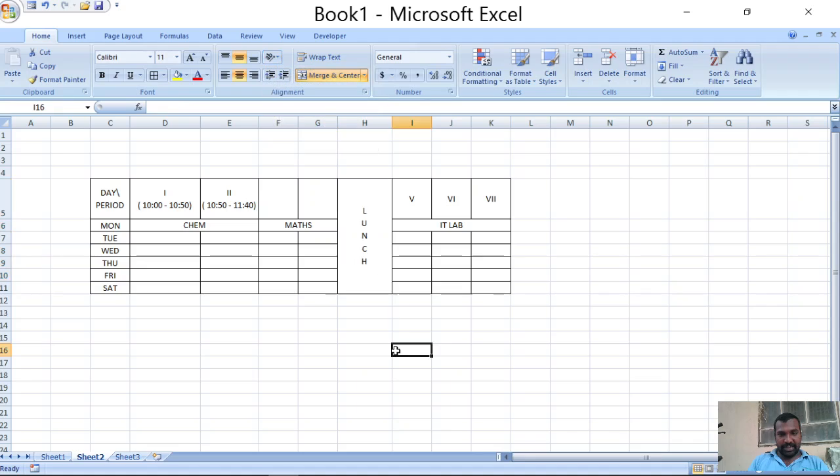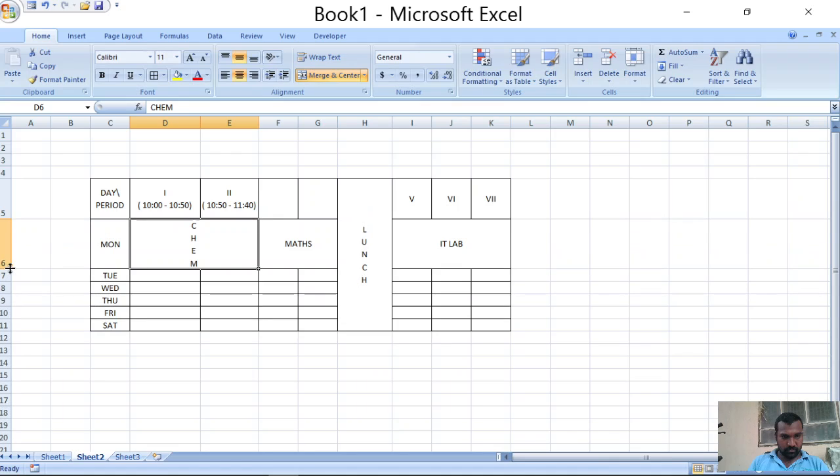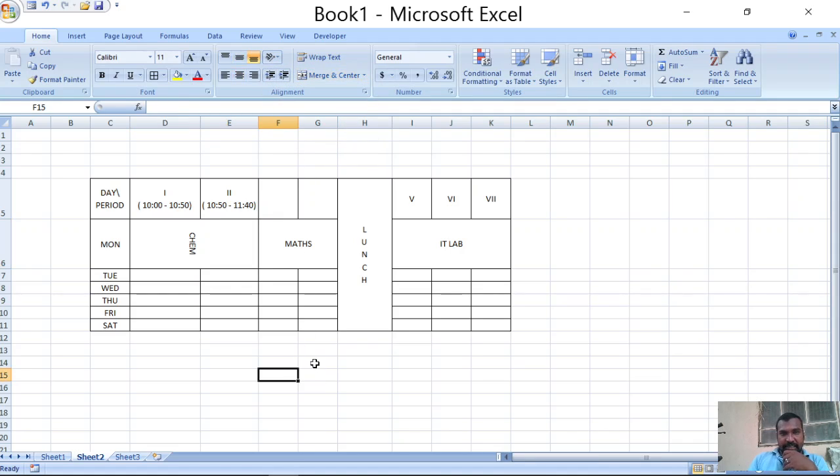Like that you can use any one of these options. You can apply that orientation onto any text, right?